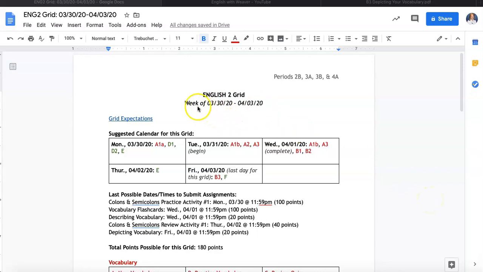You'll see it shows you the week for the grid. And then it has your calendar of days. I will explain the letter codes in just a second. But for Monday through Friday, I've broken down the workload and I've spread it out. So I would suggest following the grid the way I have it because that's going to optimize your ability to